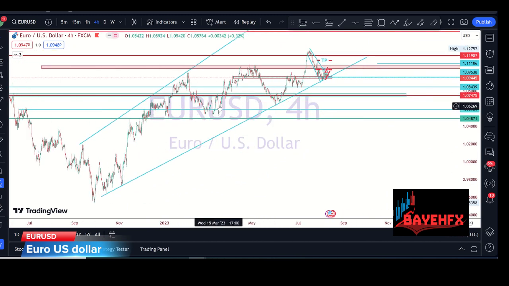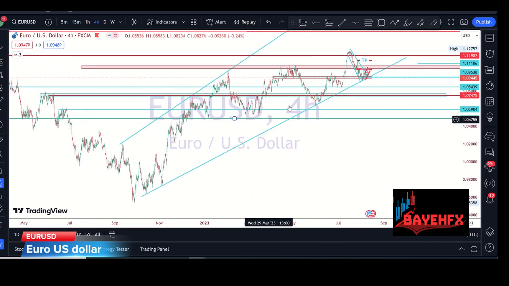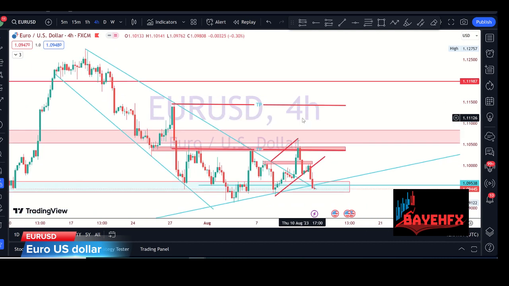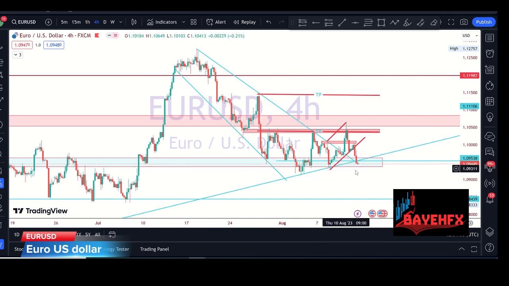So if the bullish correction ends on this particular zone here, then we're going to see a lot of crash to the downside, correlated with, that's to tell you that the US dollar is preparing for a bullish breakout, right? And if the US dollar comes with a bullish breakout, you know what we're expecting. So if you use fundamental analysis very well, you could really make a lot of good in the market, right? As you can see, we have broken out of the daily